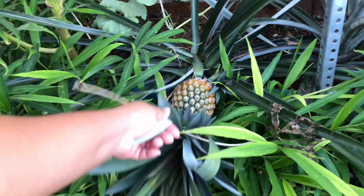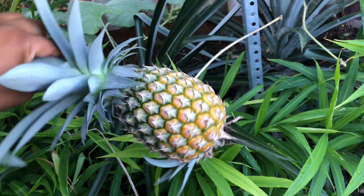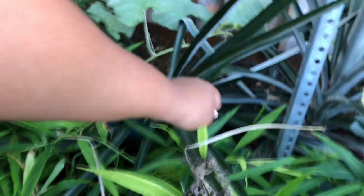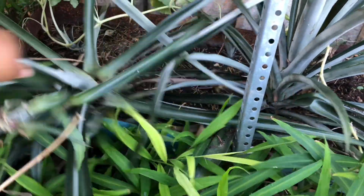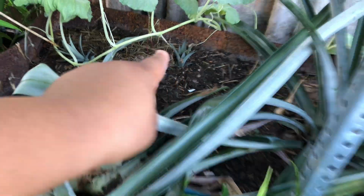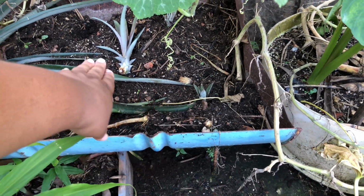It's just I can't get enough of this, guys. This is amazing. So the second pineapple is ready. I'm gonna let this finish ripening on the inside. And so now that I've harvested this pineapple, what I have to do now is yank this pineapple out of the pot so that it can stop taking nutrients and we get some other stuff growing in here. As you guys can see, something uprooted that one, but it's still going. I planted my other baby pineapples in here, but I'm rethinking that all